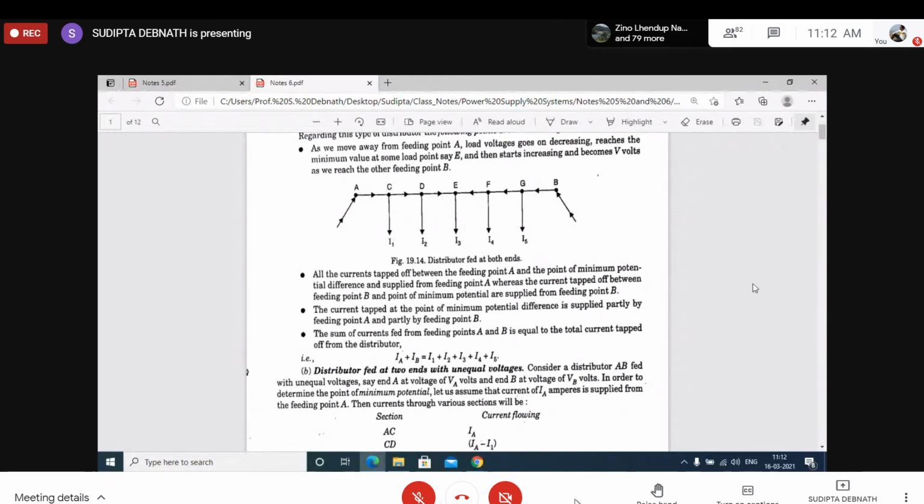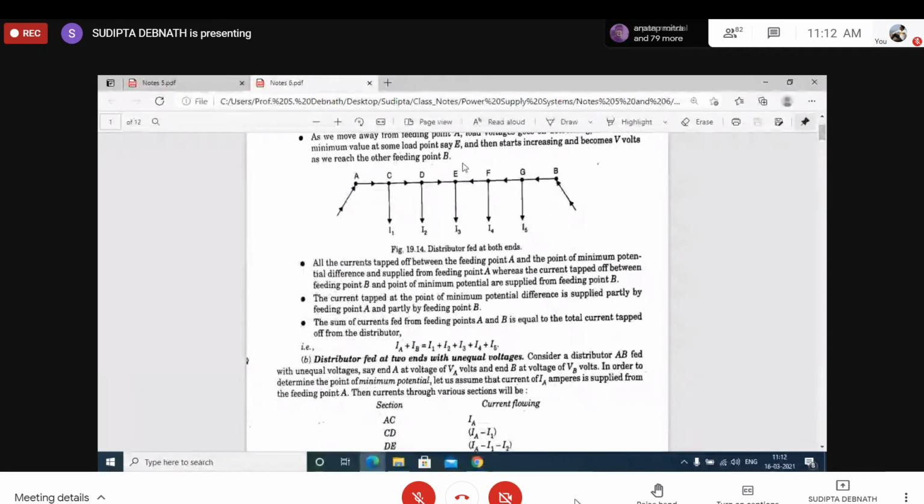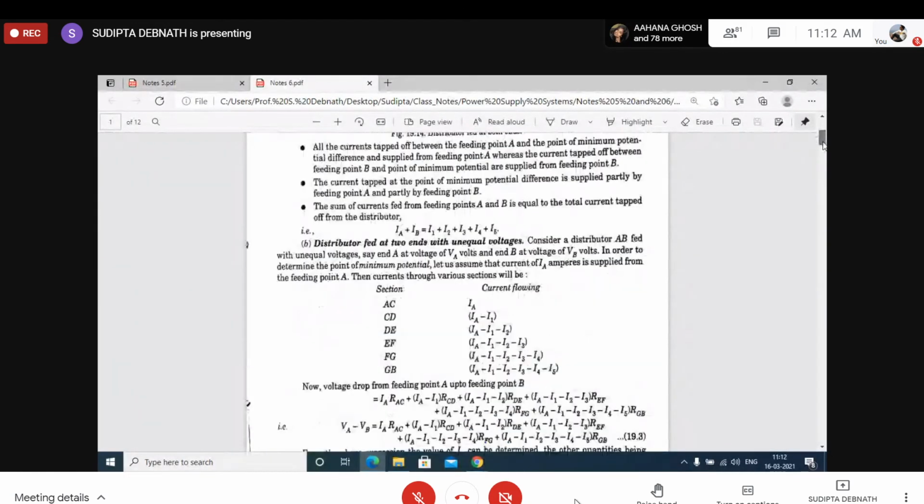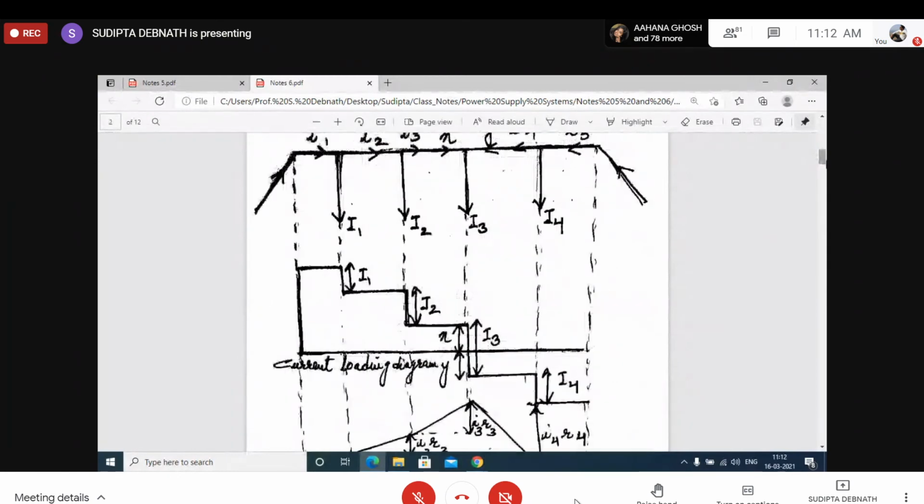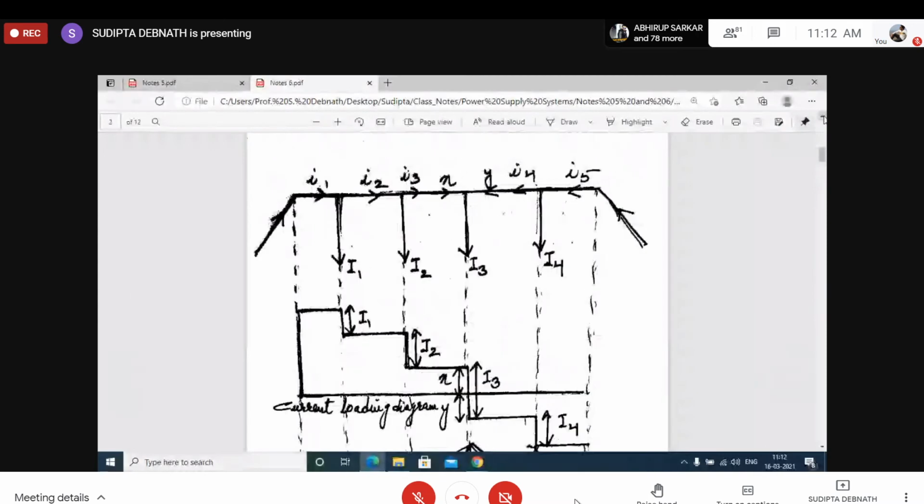So this concept has been used to draw here, but what is the difference? The direction of X and the direction of Y will be different. If we consider left to right as positive, we have to consider this direction as negative. So how to show this one? In figure C, they have shown it like this. Let the current entering be, though I have not shown it here, say this is IA. This is A, this is B. So IA will be this one.